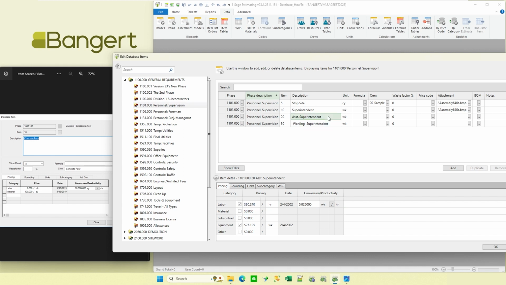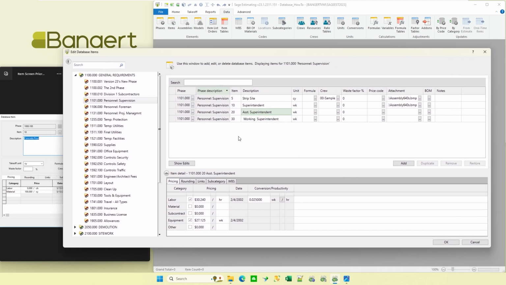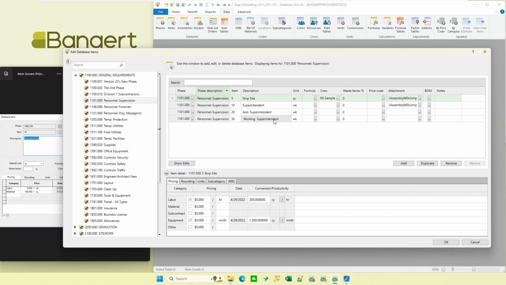So technically, I have made two changes, but I haven't hit OK yet to accept those changes. If I hit show edits, you'll notice that this list just got filtered down to show me just the 2 items out of the 4 that I've modified since I last hit OK. And you'll notice down here, that's blue to represent that I've changed that value. So I can tell with the color what I've changed. And if I hit show all, it'll go back and show me all of them.